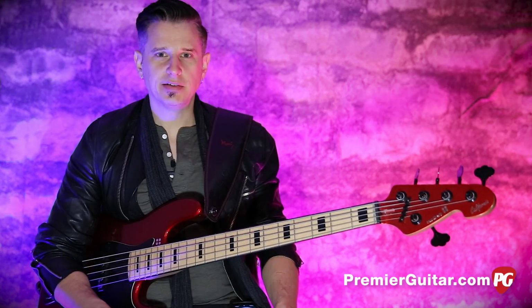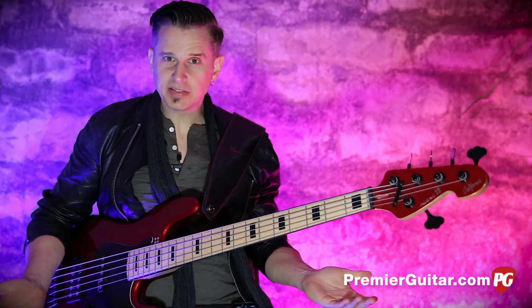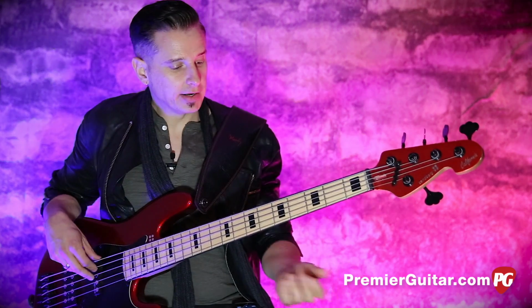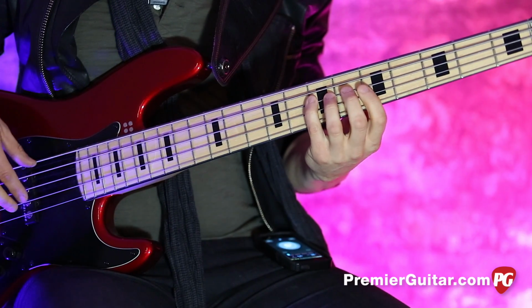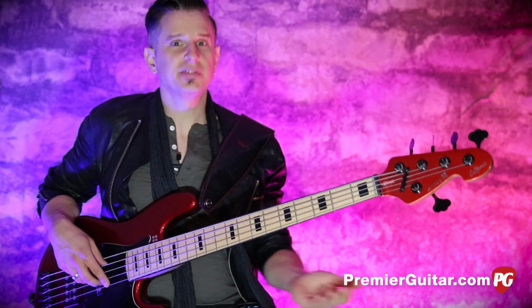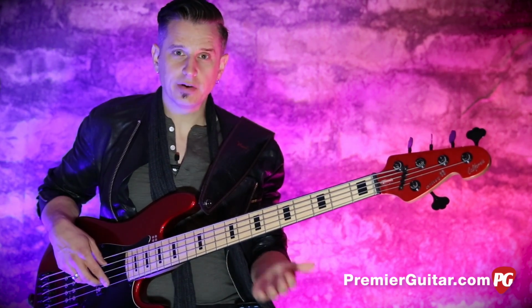The latest column I wrote for the magazine discusses approach notes. It's a fairly simple concept, really. We're basing it just on an A dominant 7, A7 arpeggio. So we have your root note, A, your major third, C sharp, your fifth, E, and your dominant seventh, the G. So in the first exercise, what I'm going to do is approach every one of these